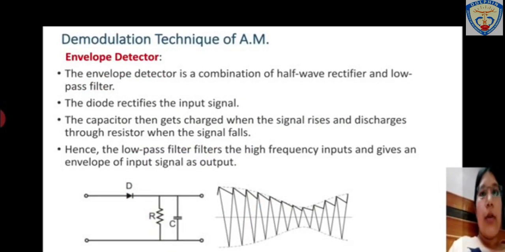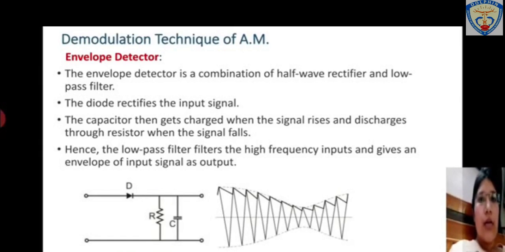Next, moving on to the demodulation technique. Usually this technique is done at the receiver end. As we know, in a communication system we have a transmitter. Modulation is done at the transmitter end and the signal is sent through the antenna. It passes through the channel, and at the receiving end it gets received, and before getting the pure message signal we do the demodulation in order to get our message signal from the carrier.